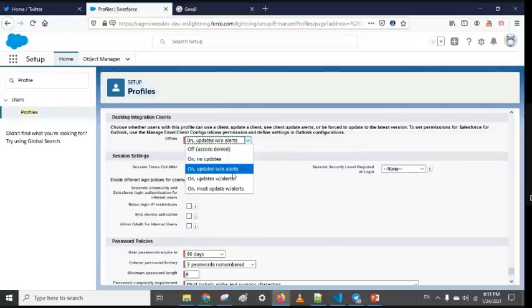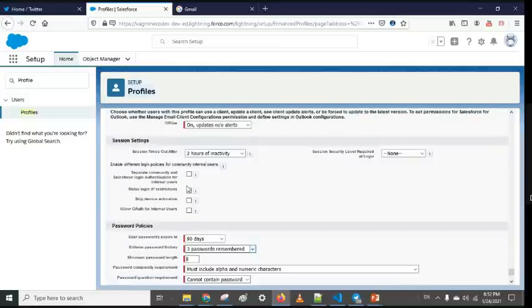On update means update all the data, with or without an alert. As soon as it's connected, an alert will tell how many records we have to update in our system. After that alert, it will sync the records in the desktop application. You can use the Desktop Integration Client for those kinds of settings.